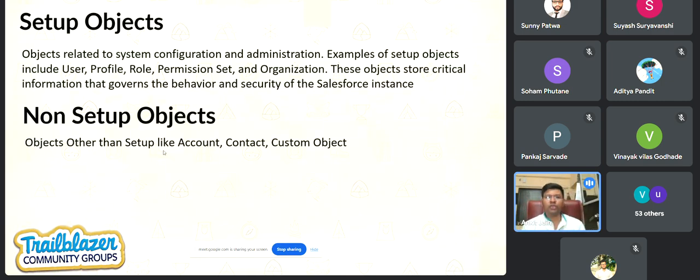So if you're utilizing those in the code, these are setup objects. Suppose in the Apex code you're inserting a user record and then you're inserting an account. So account is a non-setup object. How do you identify a setup object? If it has something to do with the security part of it, it's definitely a setup object.